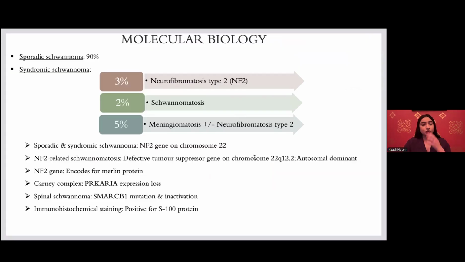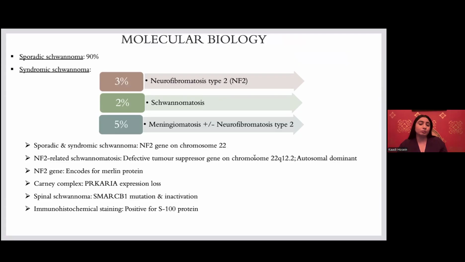So 90% of schwannomas are sporadic. Those occurring in specific syndromes such as neurofibromatosis type 2, schwannomatosis, and Carney complex may have a possible genetic etiology, not only in the syndromic schwannoma, but in sporadic cases. NF type 2 accounts for 3% of the syndromic schwannomas, schwannomatosis 2%, and meningiomatosis with or without neurofibromatosis type 2 5%. Genetic studies show that the neurofibromin 2 gene on chromosome 22 plays an essential role in sporadic